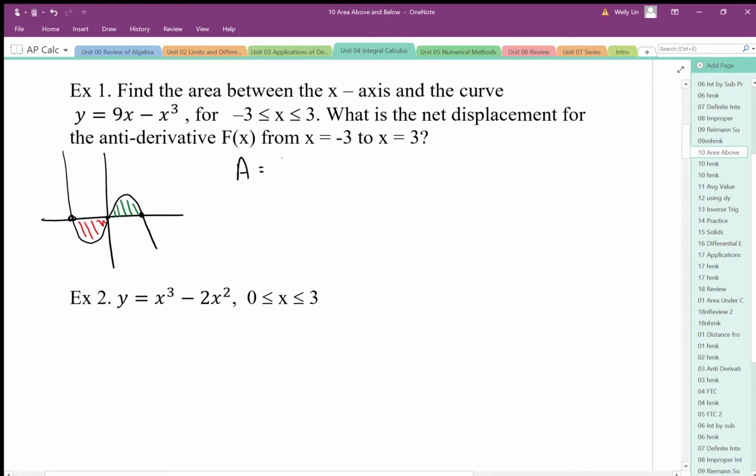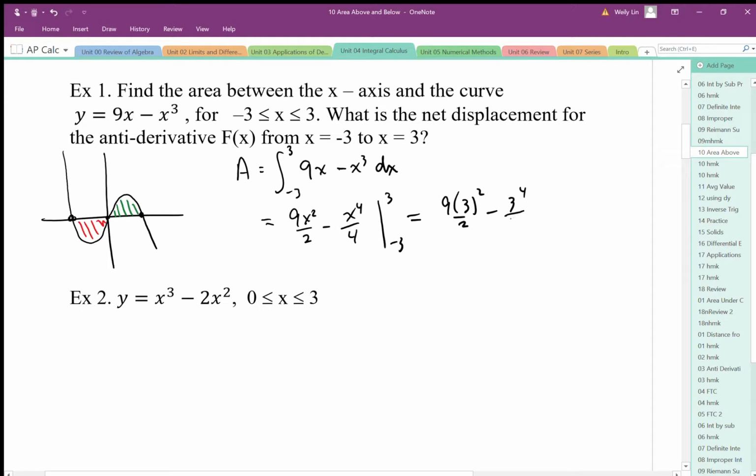We're going to calculate the area, and we're going to use the fundamental theorem of calculus in that the area under the curve is equivalent to the displacement on the antiderivative of the original function. So we're going to anti-differentiate this. We end up with 9x squared over 2 minus x to the 4 over 4, and we're going to calculate from negative 3 to 3. Plugging that in, we end up with 9 times 3 squared over 2 minus 3 to the power 4 over 4